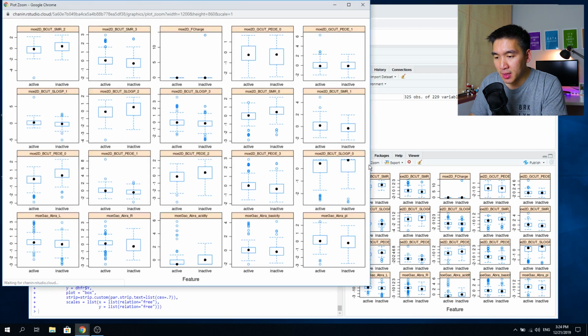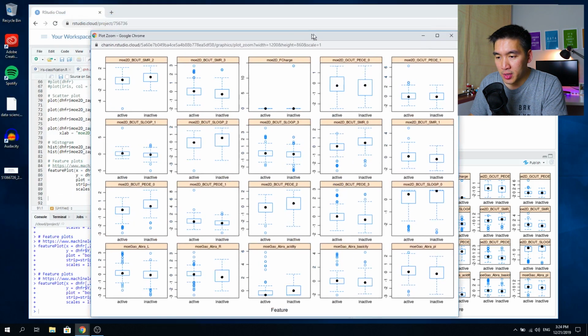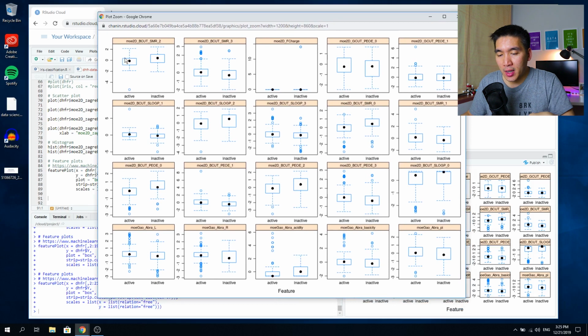You can click on the zoom button and then you're going to see a bigger preview. So here we can quickly see that for some variables, there are no significant differences between the active and the inactive drug molecule, like for this F charge. So both are pretty much having not much data. So the data variance of these active and inactive drug molecules are not different because there's